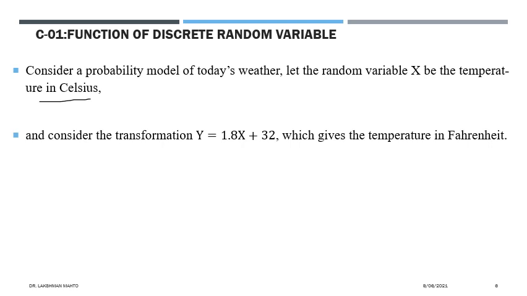This conversion from Celsius to Fahrenheit is a linear conversion. That means x is measured in Celsius, you multiply by the factor 1.8 and add 32. That will give you Fahrenheit. It is just a simple linear transformation. So whenever you convert temperature measured in Celsius to Fahrenheit, you can apply this linear transformation. The measure in Fahrenheit is a linear function of the measure in Celsius, and later we can go for non-linear functions.